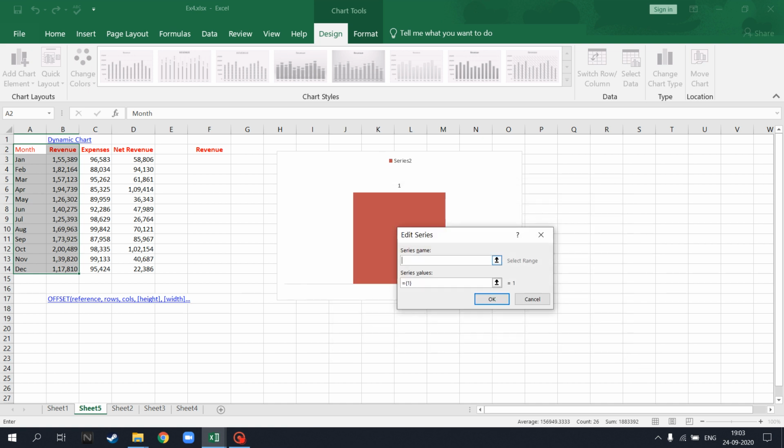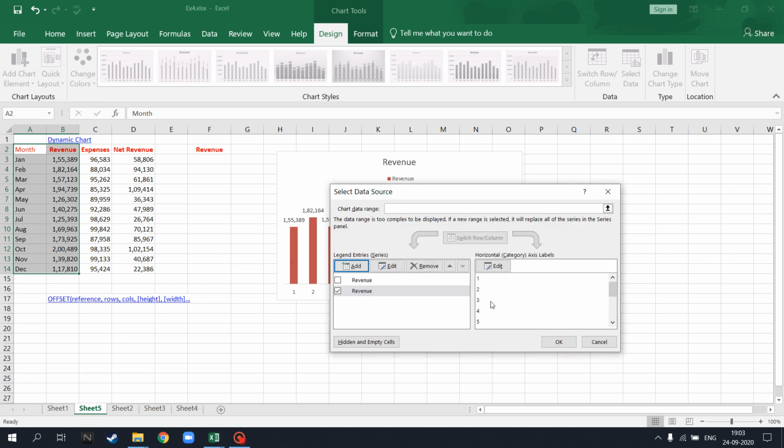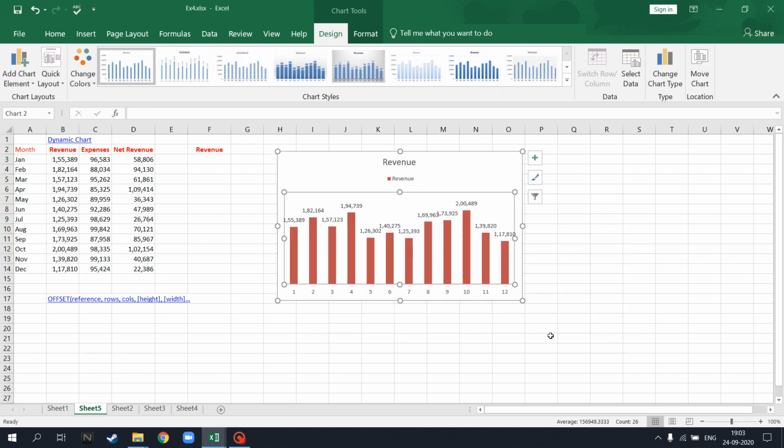Okay, in this, series name will be this. All right, and here we have to name it. What will be the name? It will be the Excel sheet name, x4 dot with full extension XLSX, then exclamation mark, and the name which you had created for those cells. So training, and then hit OK. So now this is done.